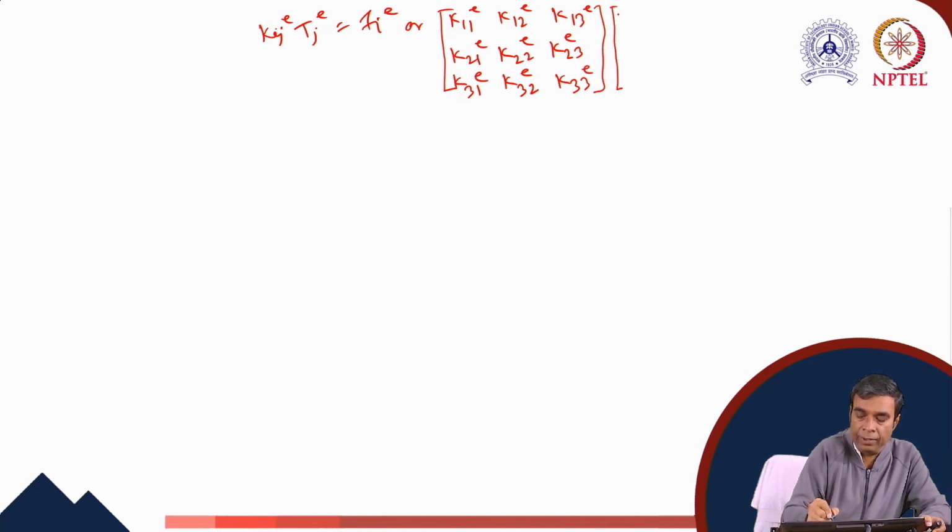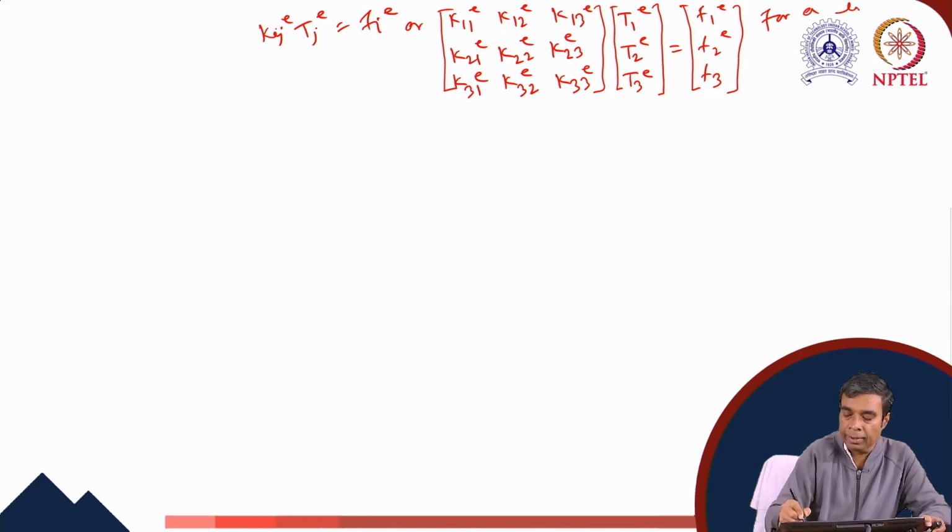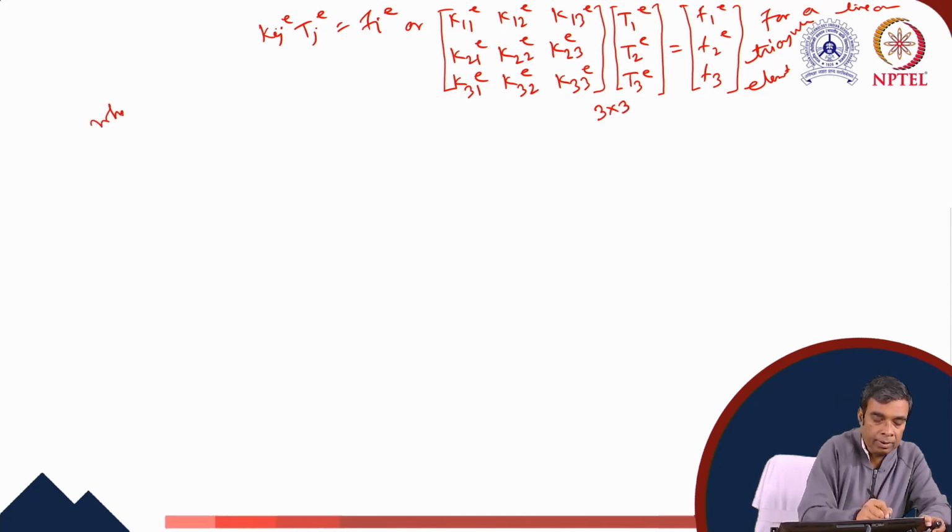The degrees of freedom are T1e, T2e, T3e. The load vector is F1e, F2e, F3e. This is for a linear triangular element. So this is a 3 by 3 matrix where